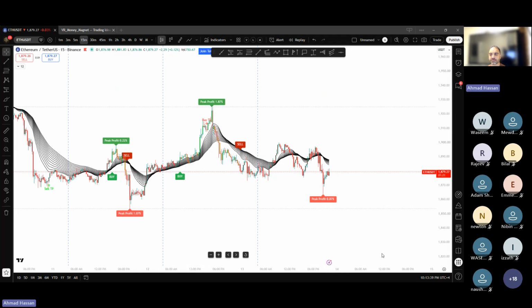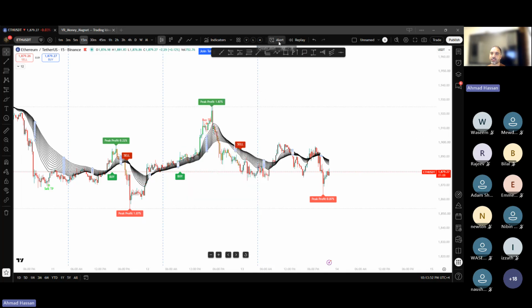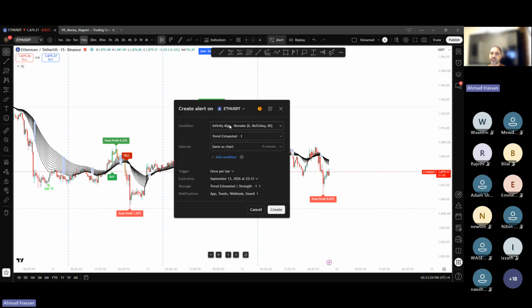Any other question? That's it. Can they set alerts on this indicator? Yes. If you have the paid version, you can click on the alert and you can say Infinity Algo and